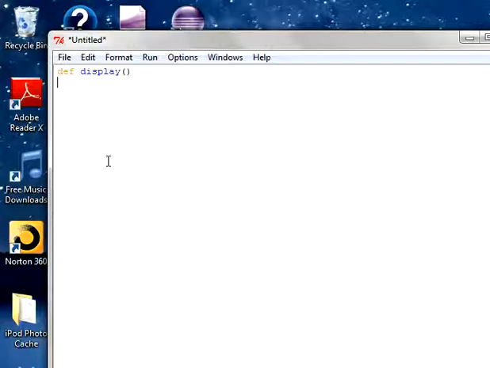I'm defining it now. Indentation is important here. You need to give a tab space, which means whatever is inside the tab space is included in the function. Print. So I'm going to type, I want to print "welcome to Python". You need to end it with a colon after writing the function name.